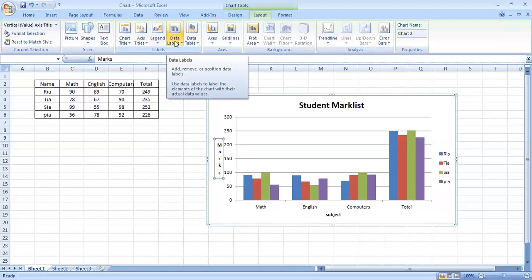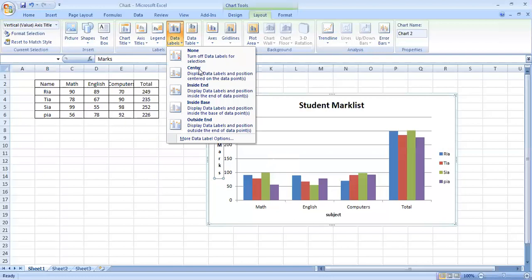So after legend, the next is data labels. Data labels basically are the numbers of data, numbers given on data series. So you can see that there is nothing written on this data series. So you can add this. For example, maths, Ria had scored 90. English, she has scored 89. So these numbers you can add on data series if you want. These are called data labels. So click on data label and choose one of the positions.